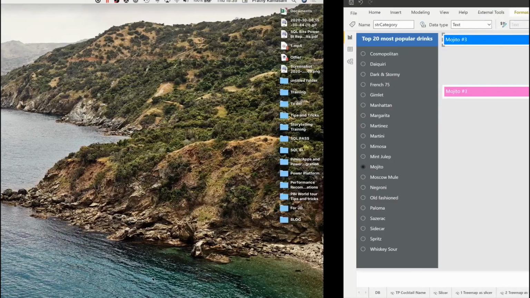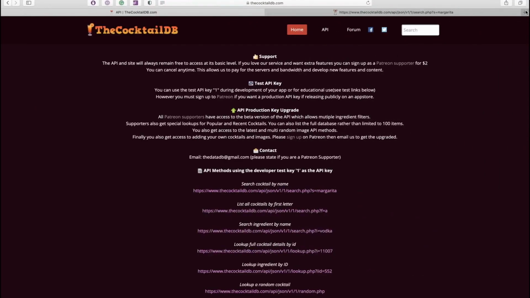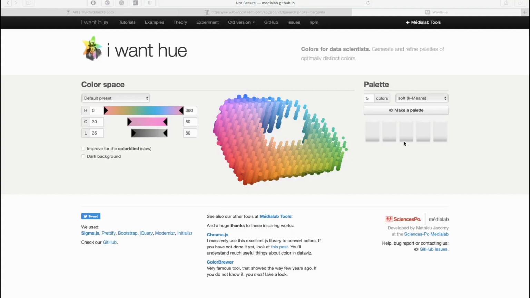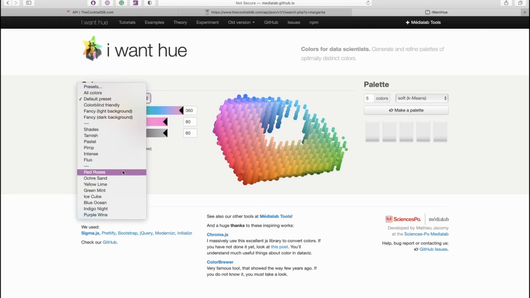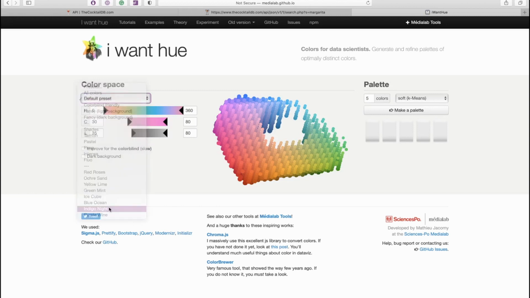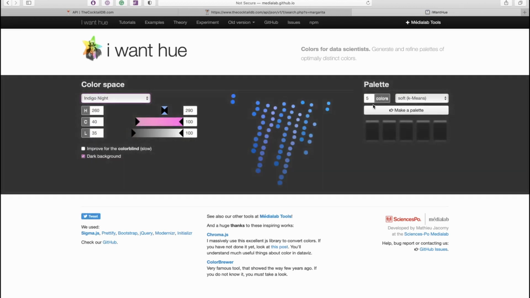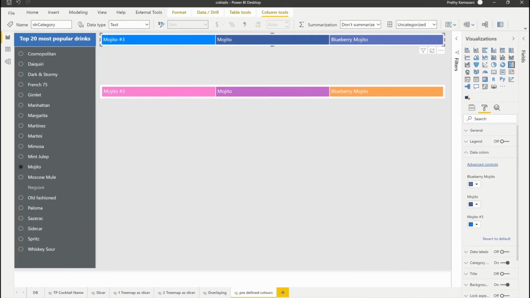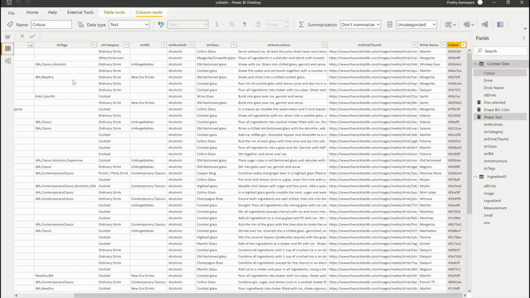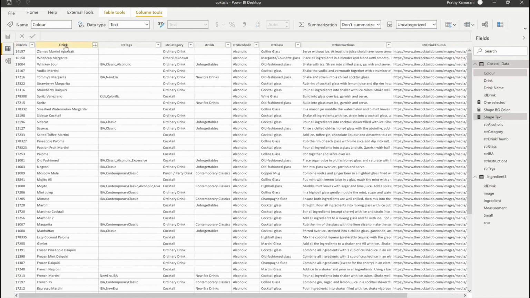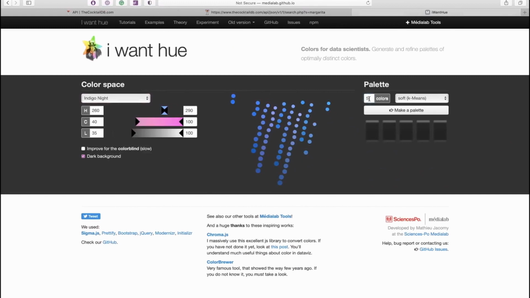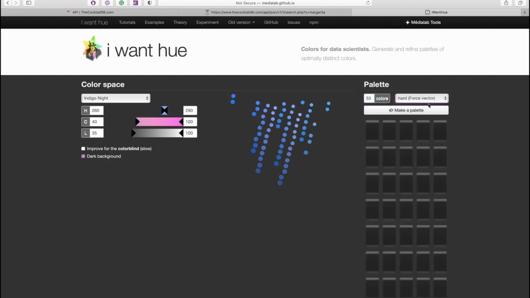To get the colors, I've used a website called I Want Hue. I Want Hue is my go-to site whenever I'm working with colors, and especially when I want a lot of colors. So for this one, I went for Indigo Night, and when I look at my drinks in my data set, I know I have 53 distinct values. So I went here, I've chosen 53 in my palette, and I've chosen hardcore Vector, and then